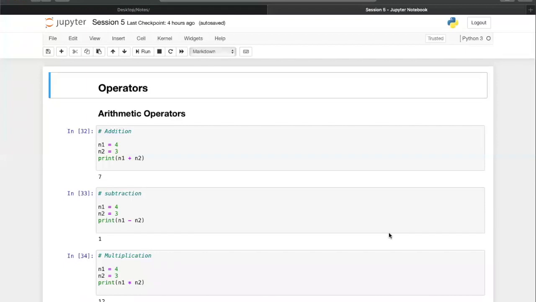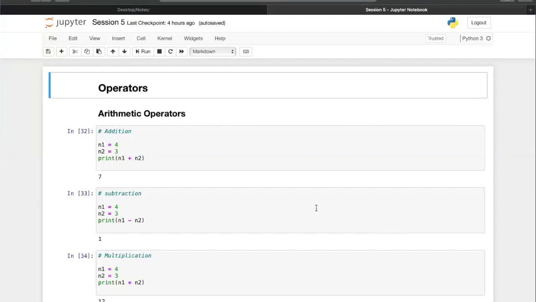Hello, people. Today we will be learning about operators. So far, we studied various types of data types. So we are ready to apply some operations on this data now for further results. So in this lecture, we will cover three types of operators, mainly arithmetic operators, relational operators, and assignment operators.